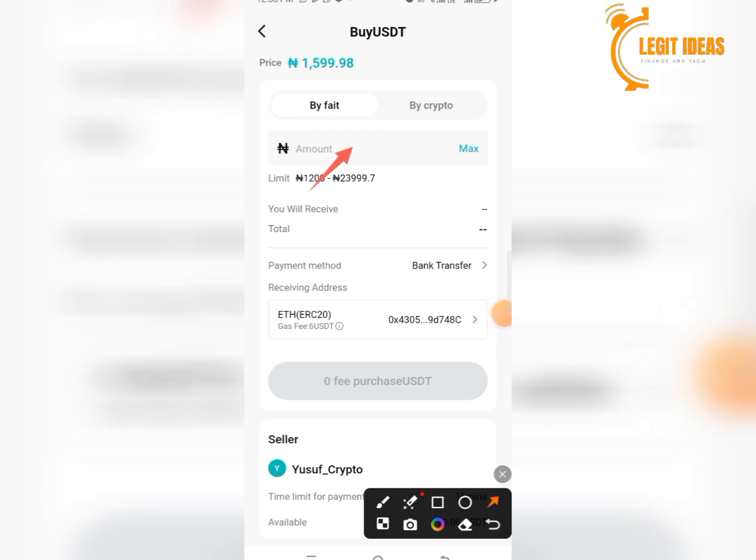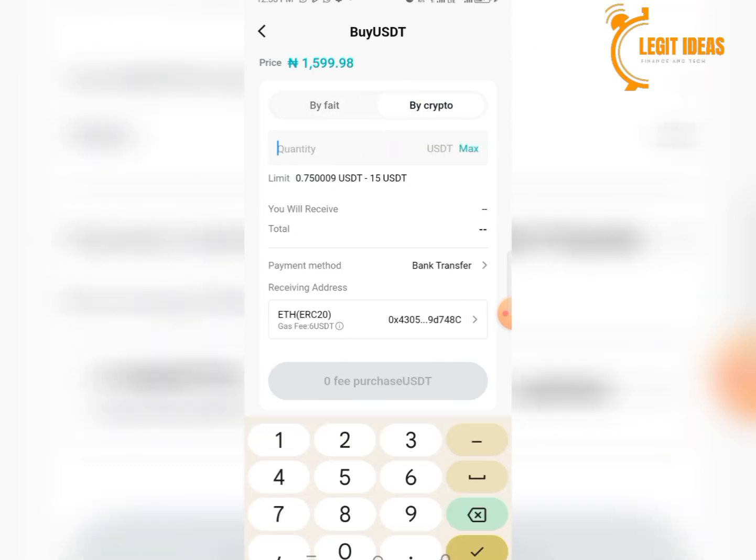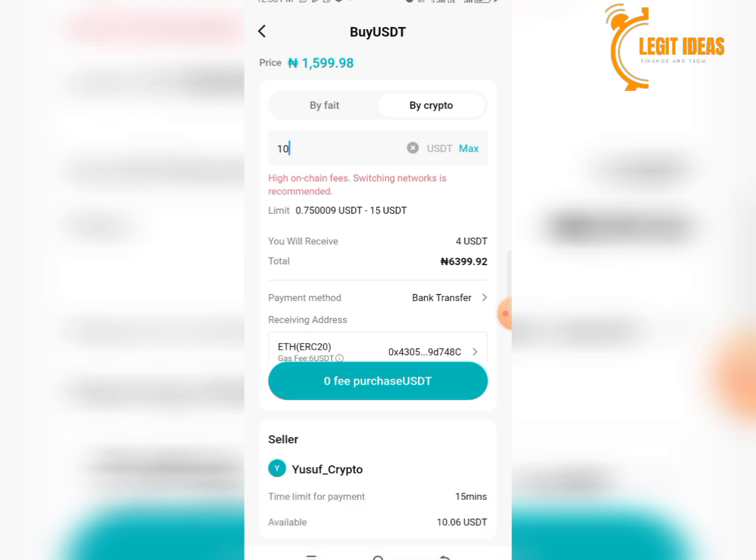If you have a specific amount of USDT you want to buy, you click buy by crypto. For example, I want to buy 10 USDT. I'll just click buy by crypto and type 10 USDT. Then they'll tell me how much I will pay. So they said,